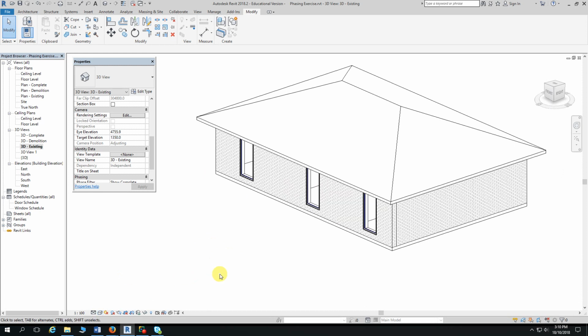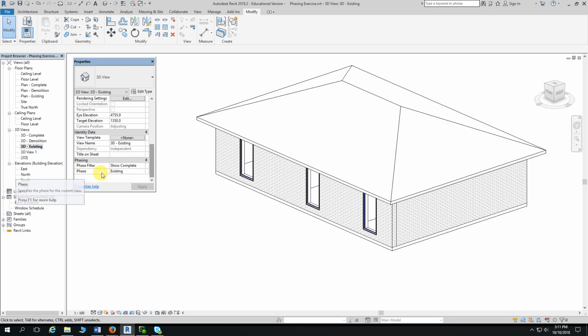Now, of course, the other thing that you can do is we haven't talked about fascias and gutters in this. Now that you've got the project fully phased, you've got your separate roof section for the new. You can now begin to add fascias and gutters, and you can then divide them up into existing and new construction, and that will happen automatically depending on which view you place them in. So if we actually placed fascias and gutters in this view here,